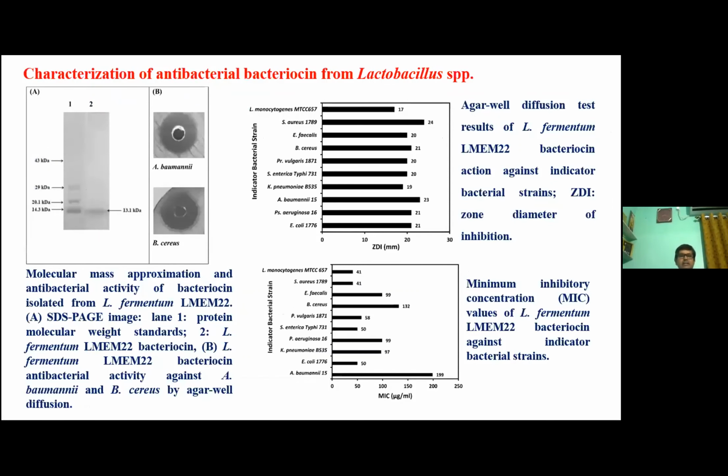One thing is very important, which is bacteriocin, because I have already told that these bacteria show antibacterial activity due to different kinds of antibacterial agents, among which bacteriocin is very important. That's why we isolated bacteriocin from all isolates. Here is the representative SDS-PAGE panel. We have used a marker protein, and this is our isolate's bacteriocin, and we have seen that this is 13.1